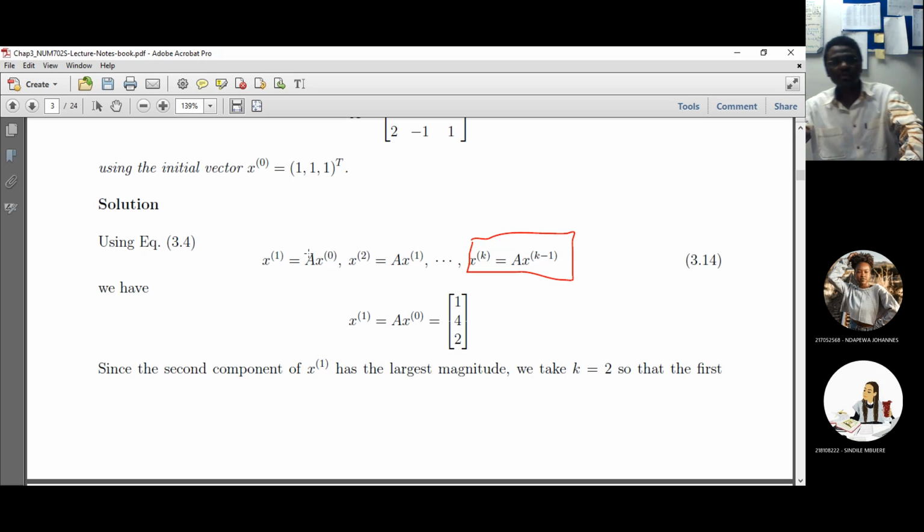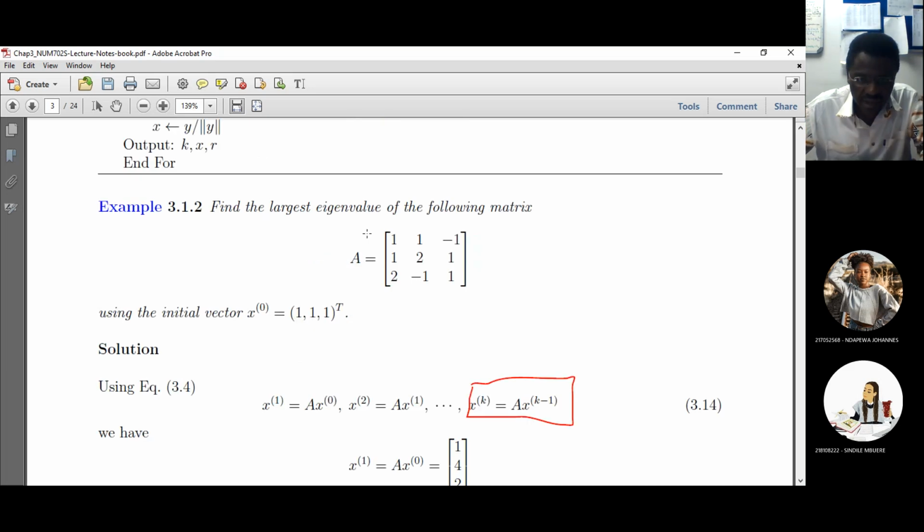Okay, so power method, we have our matrix, and we have an initial vector. The initial vector can be arbitrary, or it can be given to you, or you can select it wisely, because it's an iterative method. An iterative method works well if you remember, or if you don't remember or you don't know, I'm stressing it again.